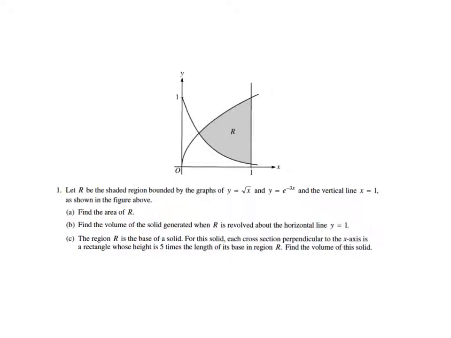Okay, so part A here on number 1, just about everyone got. The first thing you had to do was find this point of intersection. So you had to graph these, find that point of intersection, and then use that x value for your integral. So the first part, just about everyone got. That was fine. Part B